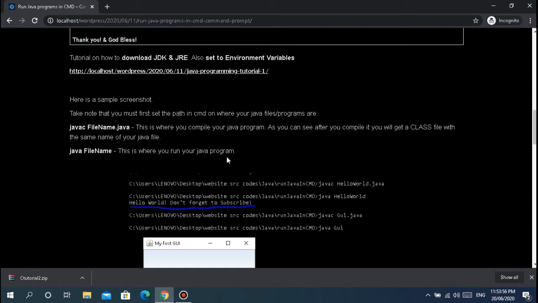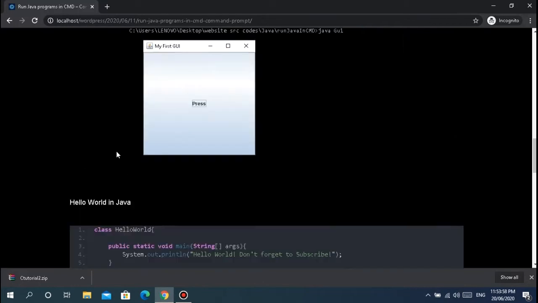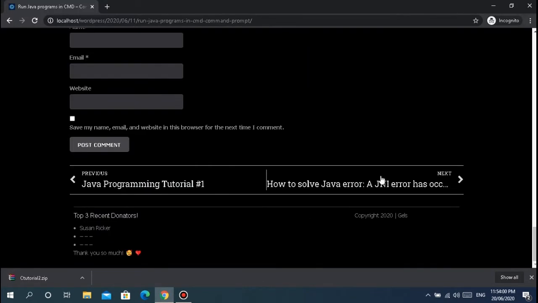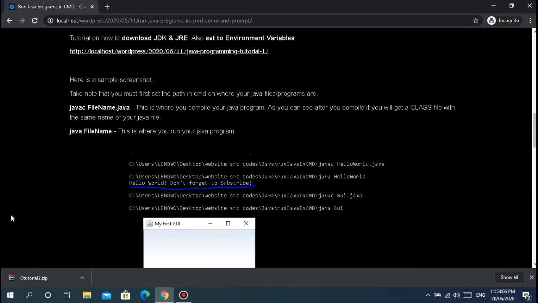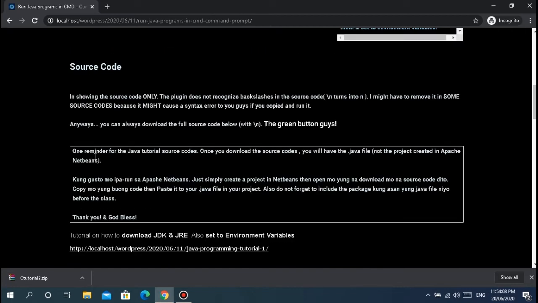Again, the source code. Same thing, right? The source code, I mean, the next, then the previous. Then the donators, top 3. If you wonder why there's a rectangle border here,